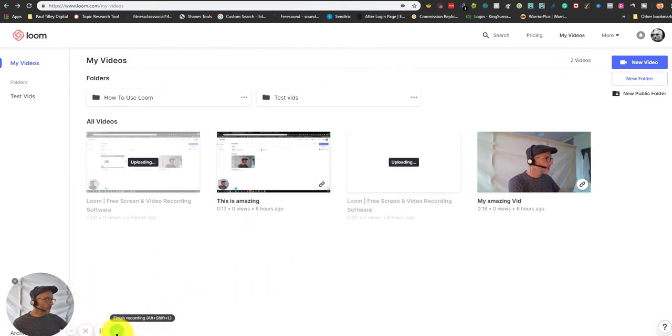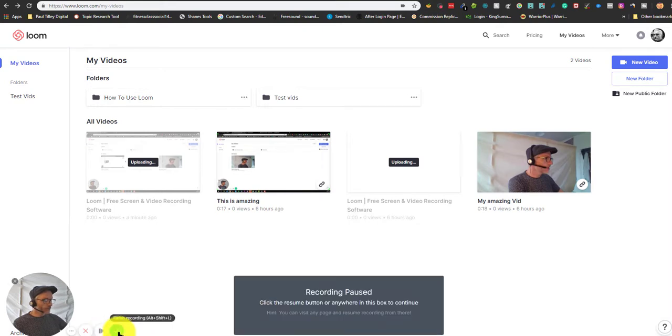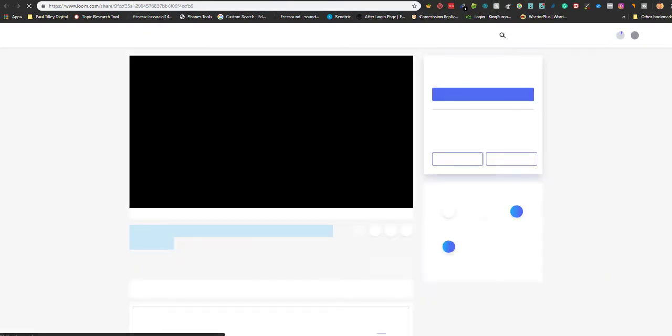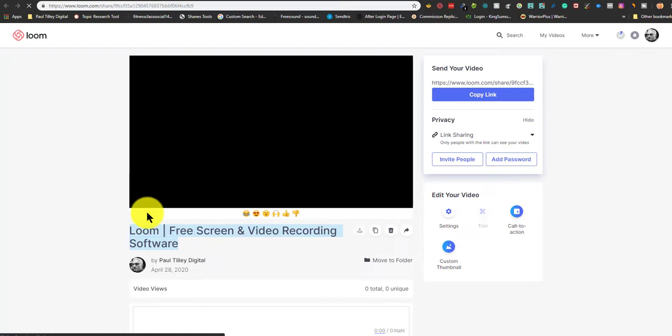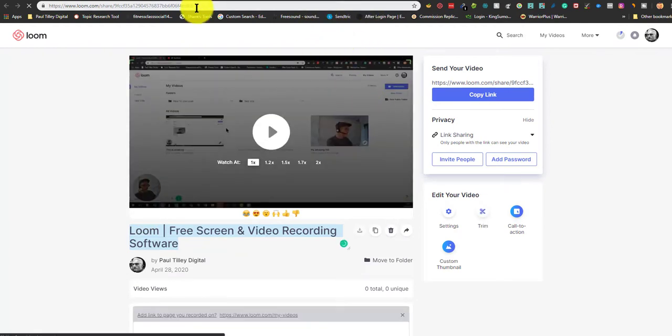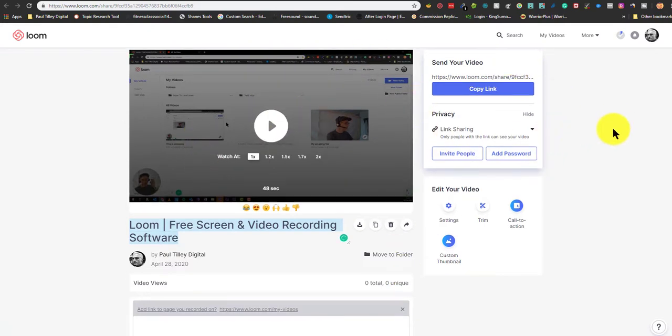So I'm going to press stop there. I can also pause it if I wanted to. I'm going to press stop. And here we go. This is now, obviously I've disappeared, you can't see me, but you can see the page that Zoom has produced